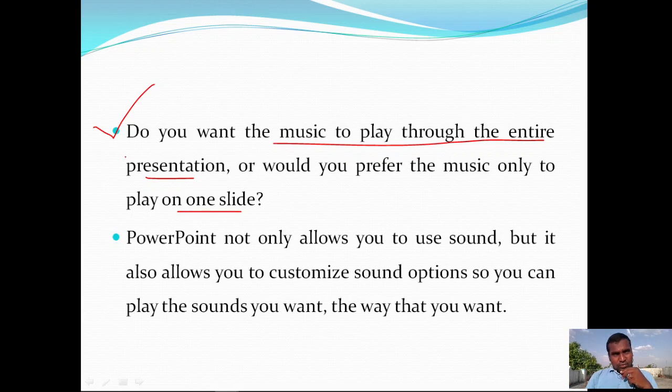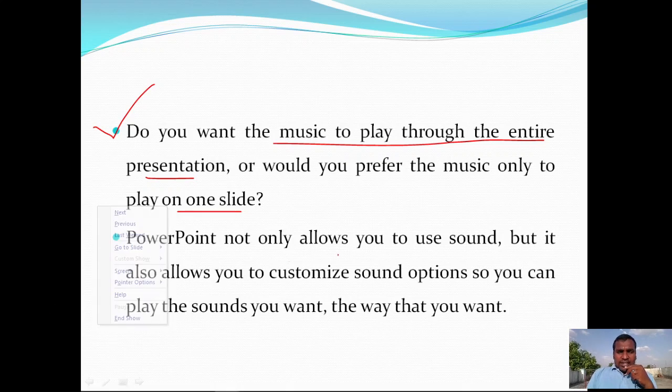So we can restrict a sound to play for a particular slide, or we can use the same sound to play for the entire presentation. We can use several sounds to play for different slides, where every slide is included with different sounds, so that we can choose. That feature is available with the 2007 PowerPoint presentation.